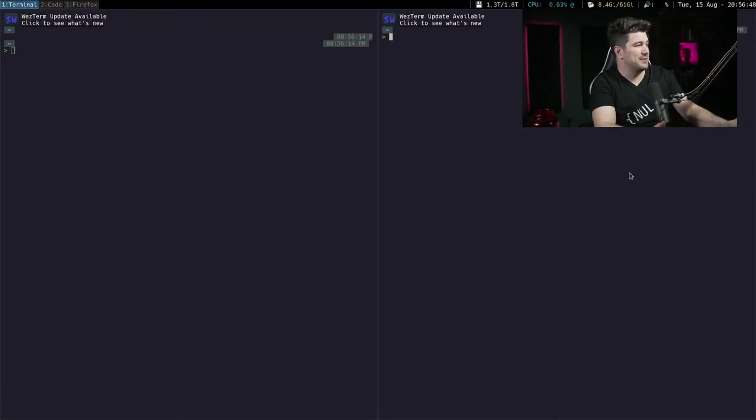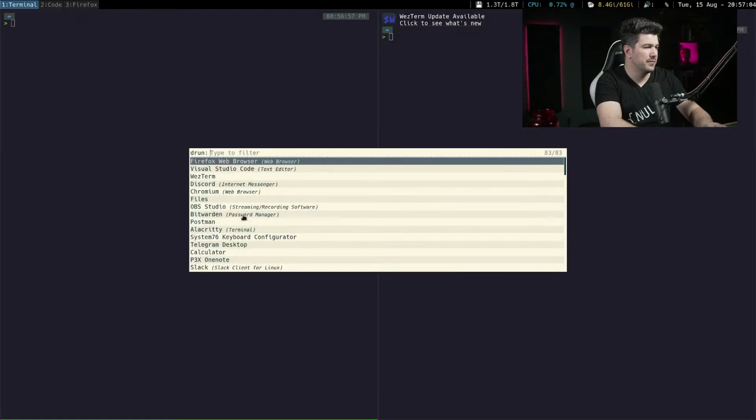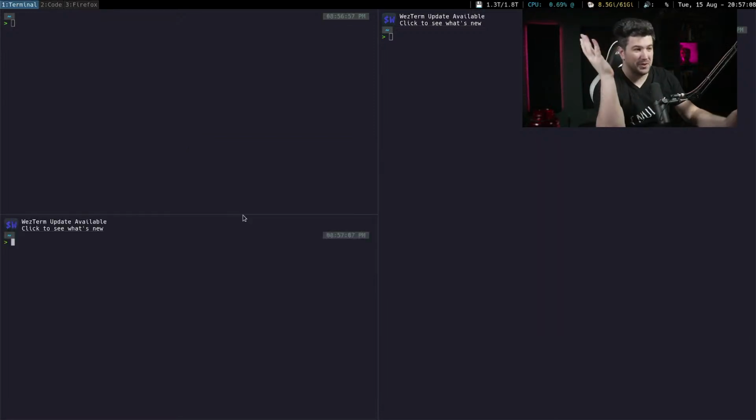I don't like gaps. I know. I hate gaps. I am liking this. I guess gaps really annoy me because I feel like screen space is precious to me.